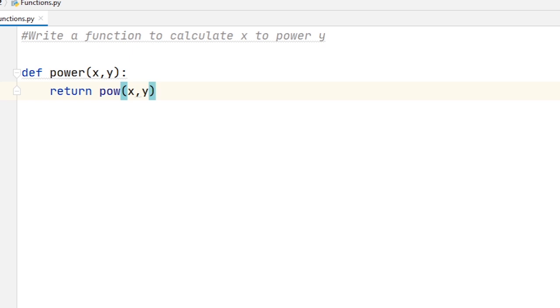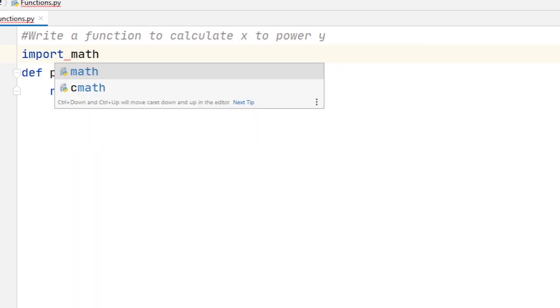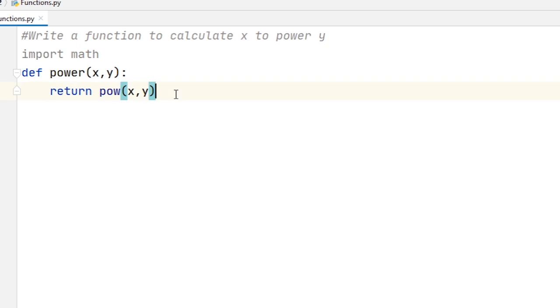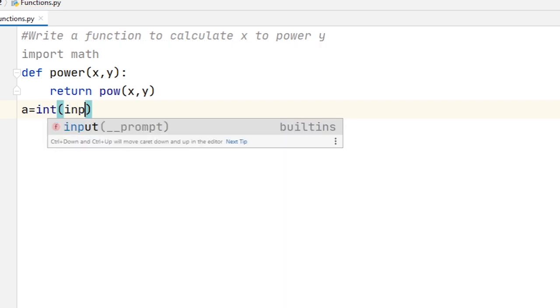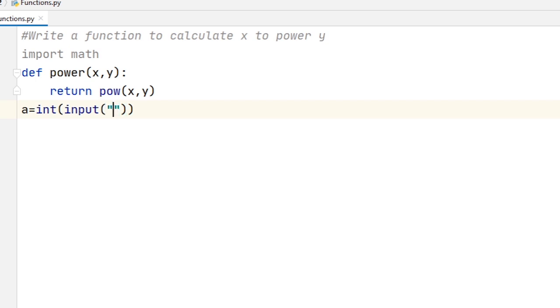But for using the pow function, first I import the module. So here I am writing import math. And then after that I start my main program. For that I just take input from the user. Enter first number.